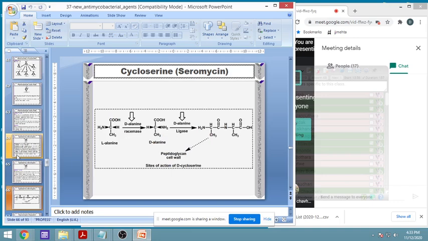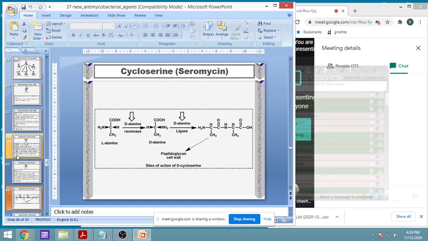So this is how the action works. Alanine is converted by D-alanine racemase to D-alanine. Racemase means another isoform is there. Then with this D-alanine ligase, this D-alanine